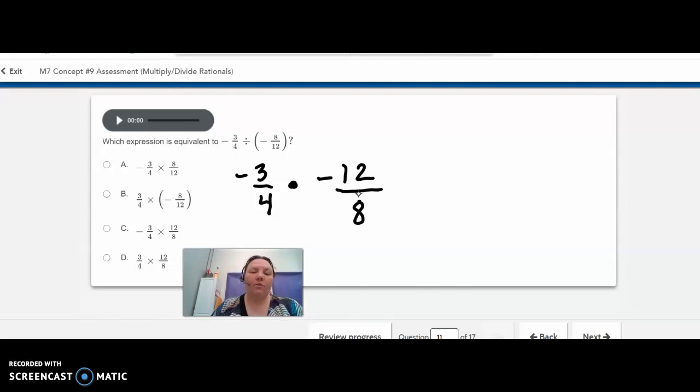The first thing we have to do is turn that division into multiplication. So we multiply by the reciprocal of the second fraction. Now you'll notice none of these answer choices match that. So we have to do one more step to figure out what my equivalent expression would be. The next step is to deal with these negatives. A negative times a negative becomes positive. So in this case, I can turn both of my negatives into positive numbers, which gives me letter D as the correct equivalent expression. Now let's